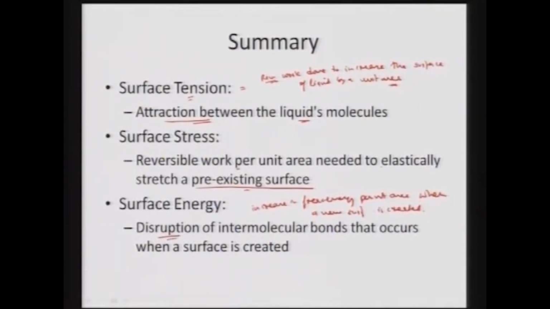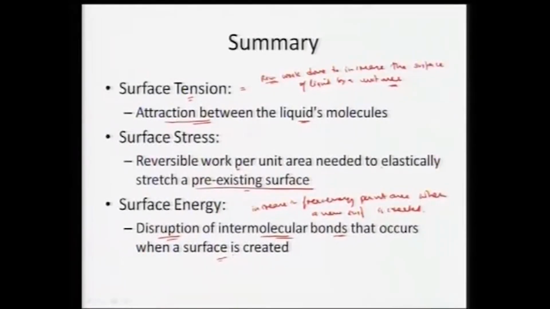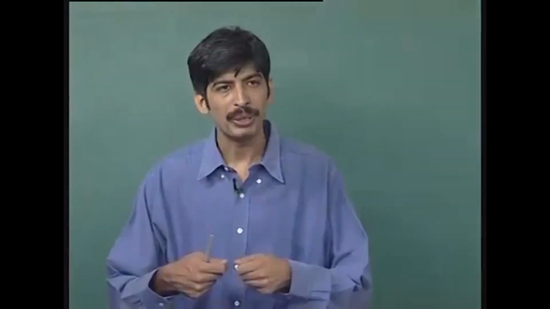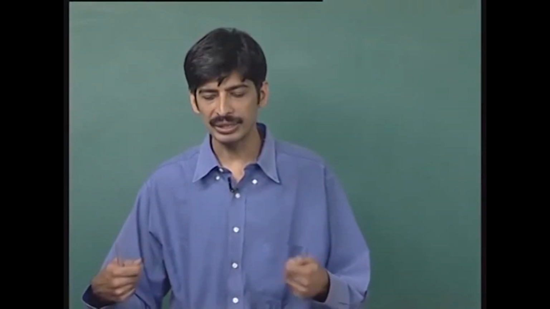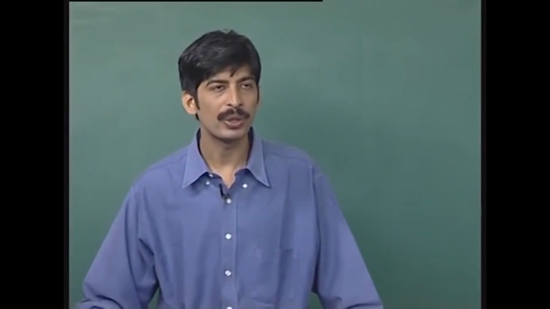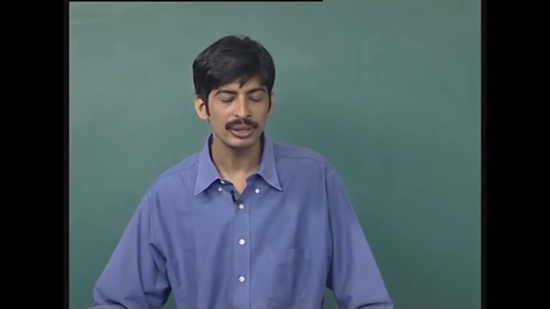So that causes a disruption of intermolecular bonds when a surface is being created. In summary, we can say that is surface tension. It is nothing but the reversible work to increase the surface of a liquid by a unit area. Once we are increasing the surface by a unit area, some work is required to be done for increasing the surface area, and that is nothing but the surface